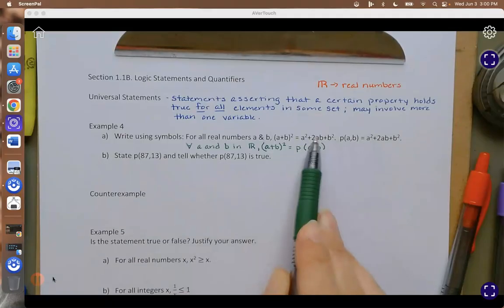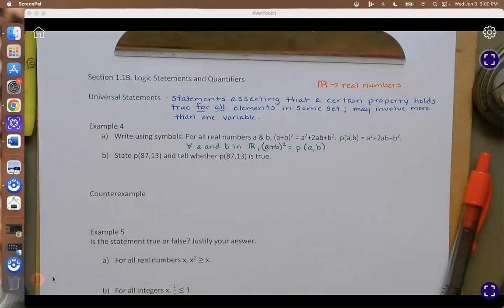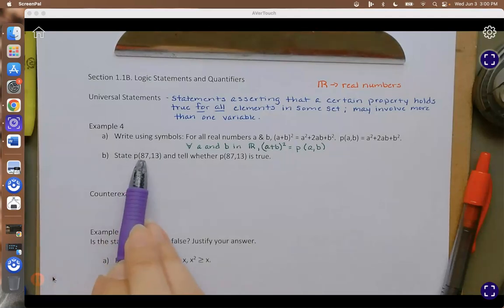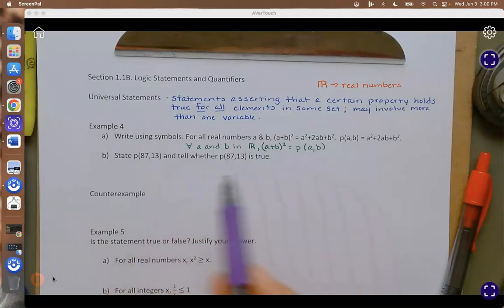Because P of A, B is this piece. All right? Now, part B of this says, state whether P of 87 and 13, what it is, and tell